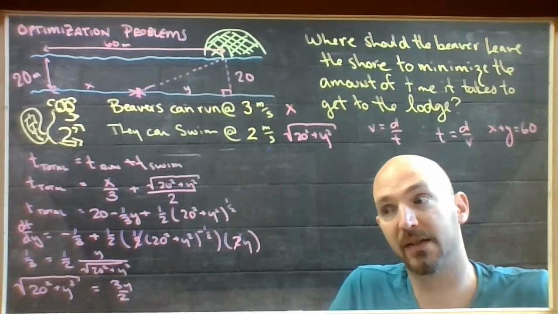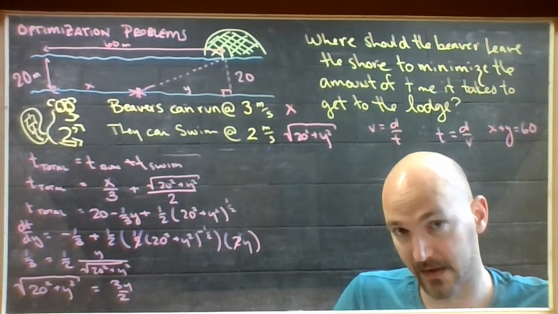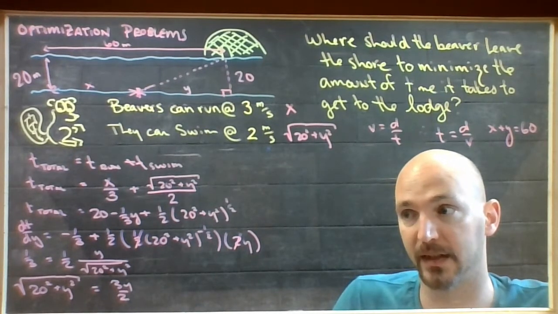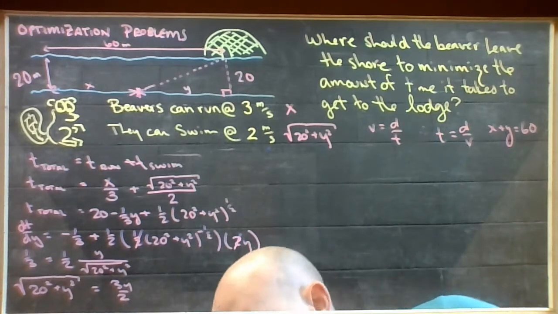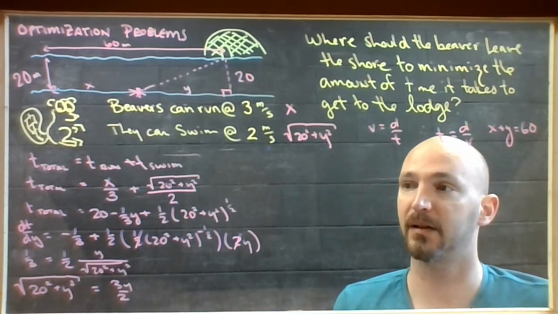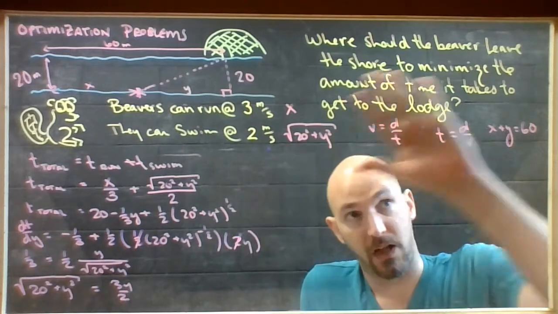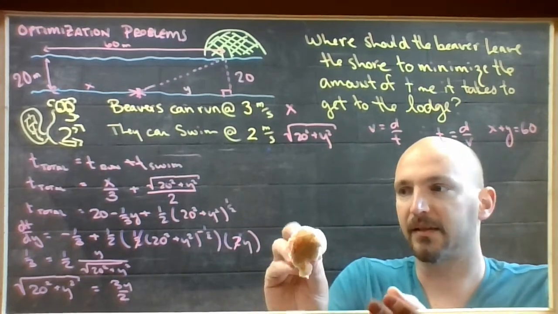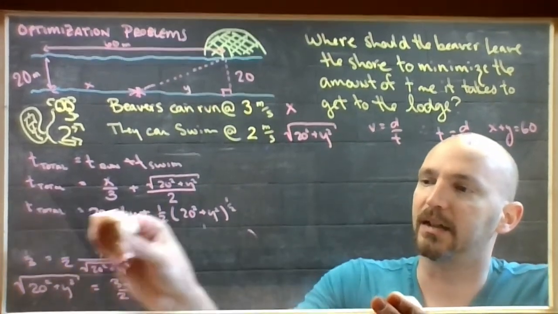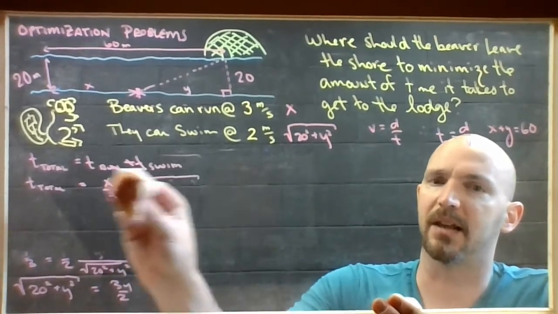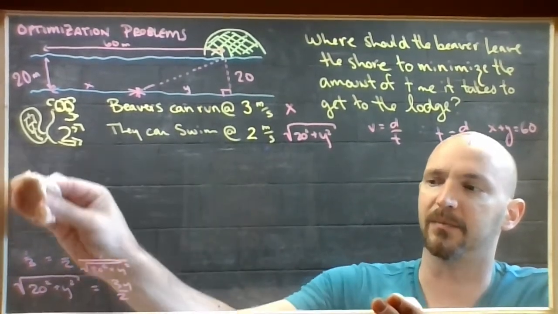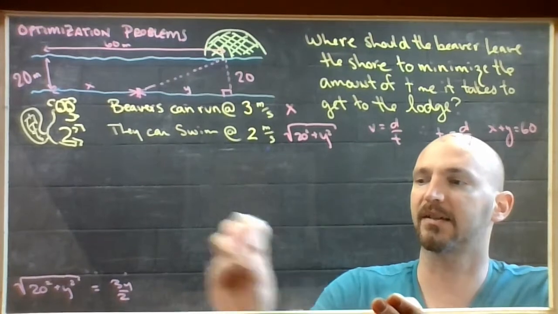Alright, now I've got a square root and a thing that's not in the square root, so I'm going to have to square it in order to clean that up. I'm going to erase this so I have some space. This is a lot. And this question is not a testable question, but it is an excellent example